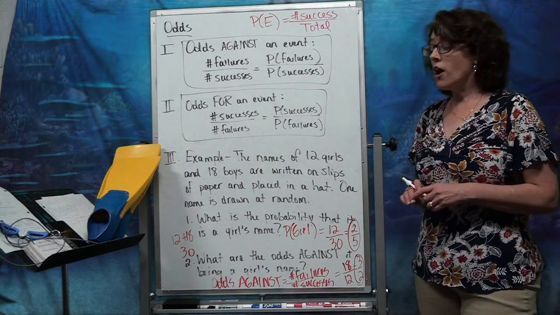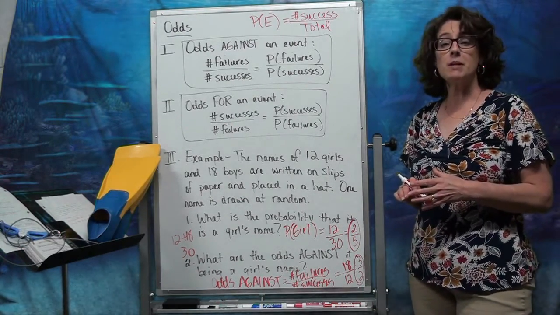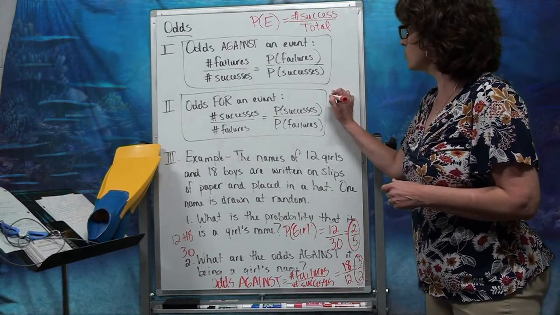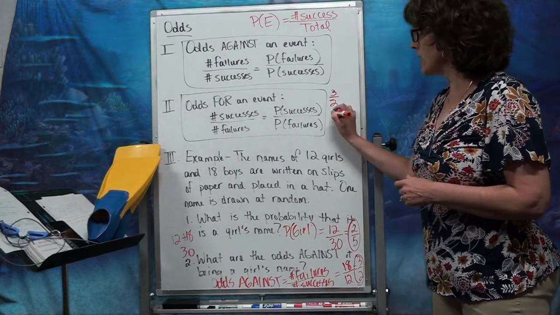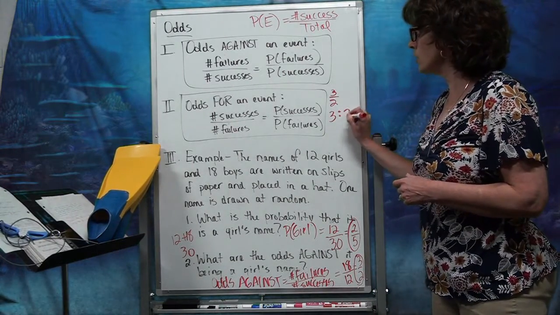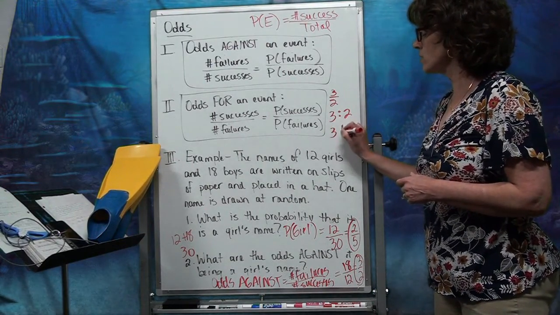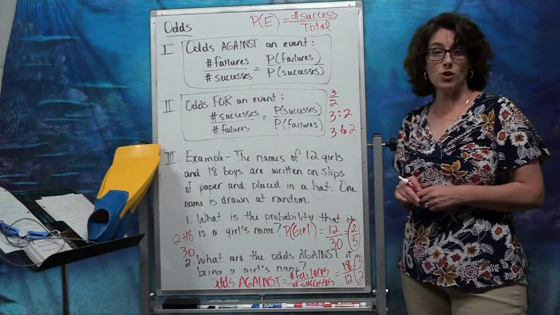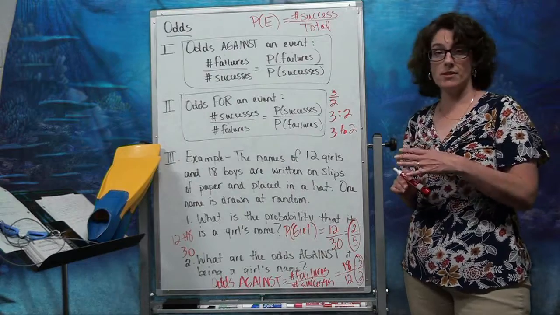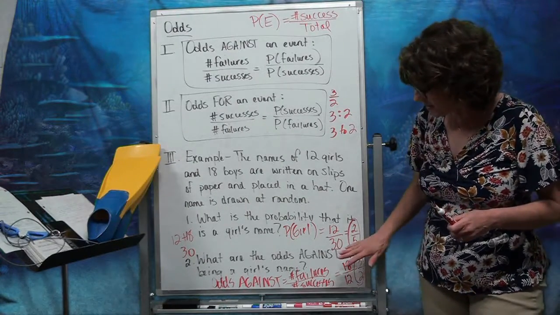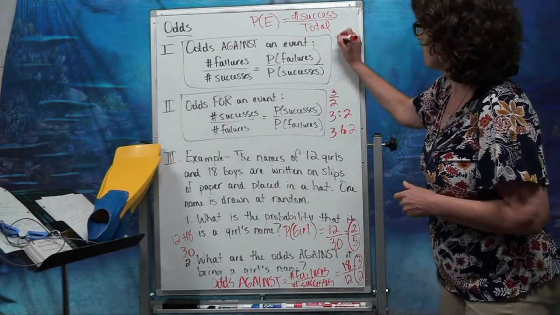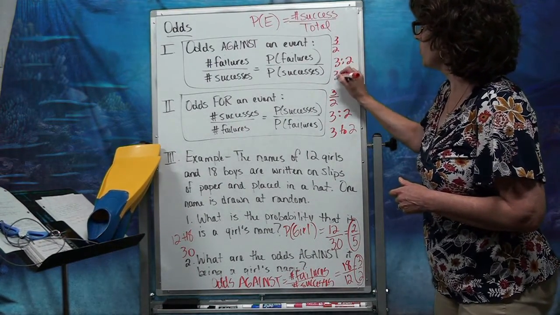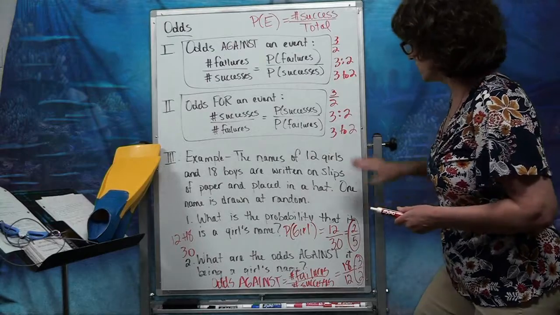Now when you deal with odds, sometimes you write it as a fraction, but sometimes you write it differently. For instance, with this 3 out of 2, I can write it as 3 out of 2, or I can write it as 3 colon 2, or I can write it as 3 to 2, with the word "to." These are the 3 different ways that you can write odds. Now that was odds against the event. Oh shoot, that would go up here. Apologize. 3 to 2, 3 colon 2, or 3 to 2.